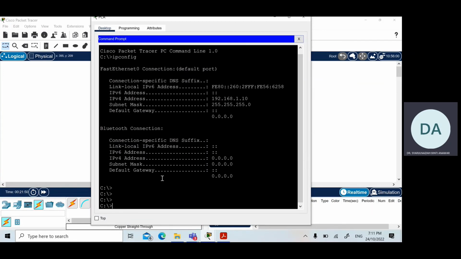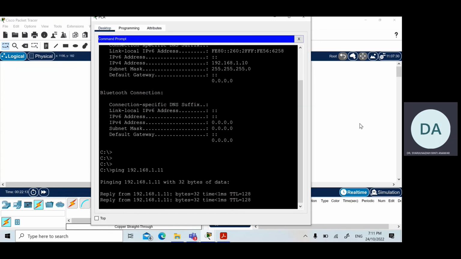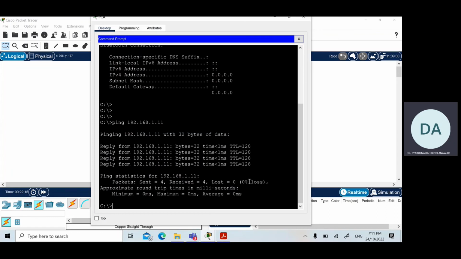So how can we do that? Basically, we can use the ping command to check the connectivity between the hosts. This is PCA. To connect to PCB, we need to ping the IP address of PCB. So ping 192.168.1.11. When you get replies from PCB, it indicates that there is a connection between the hosts. So basically step 2